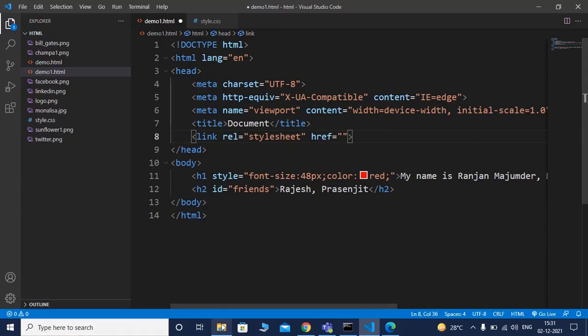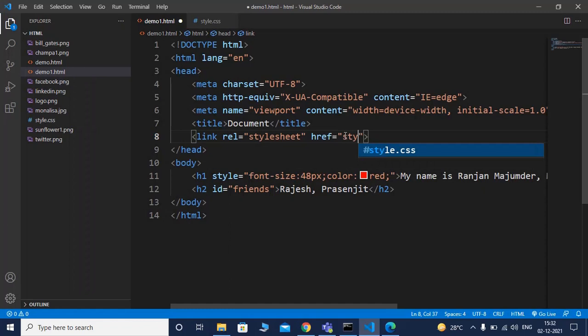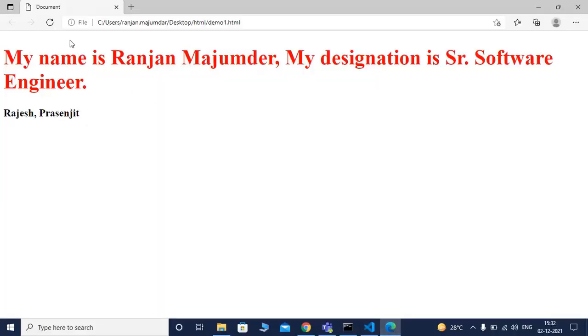Here you can see the location of style.css is in the same repository where the demo1.html file exists. I am simply using style.css here. If I save it and refresh the web page, now you can see the impact.